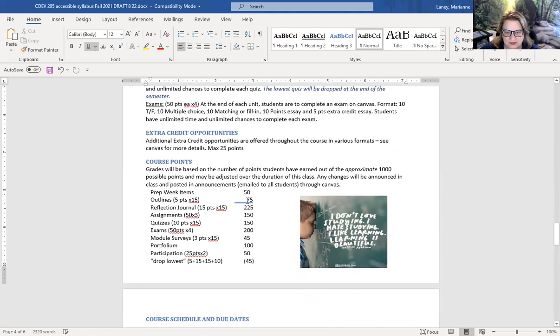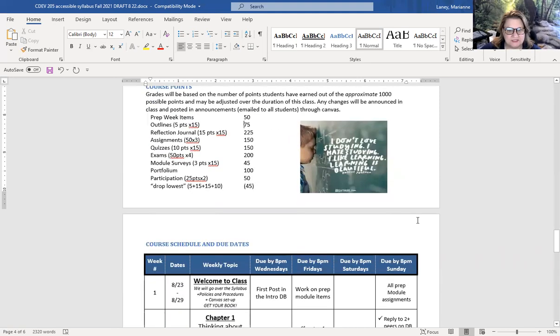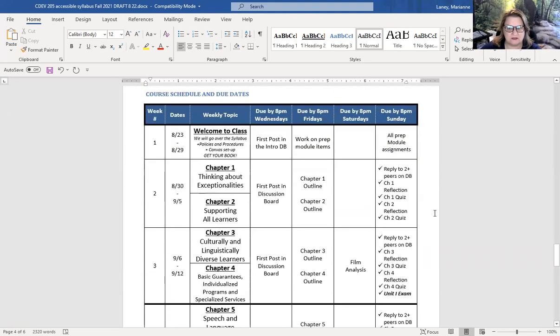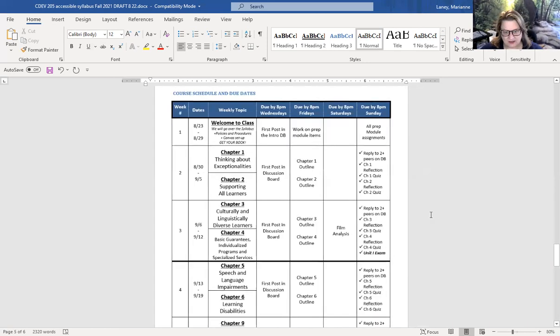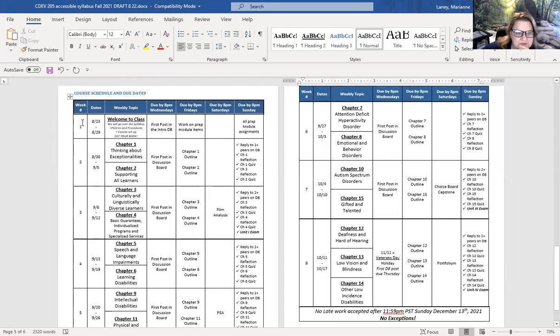So here's kind of a breakdown of the points in this class. It's plus or minus, about 1,080, but sometimes I'll add points and take things away, or I'll just erase certain things as long as it's not connected to SLO. But that's pretty much it. I changed my format a little bit in my syllabus, but it's all pretty much the same. So here's our calendar. Our entire 8 weeks looks like this.